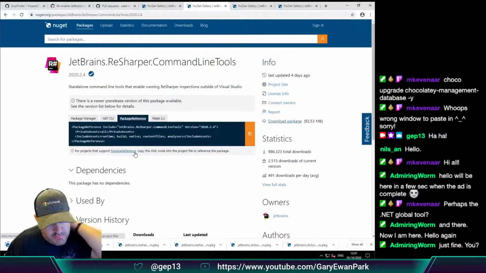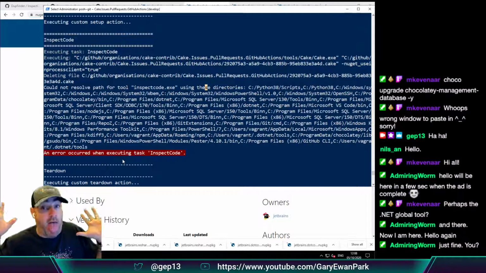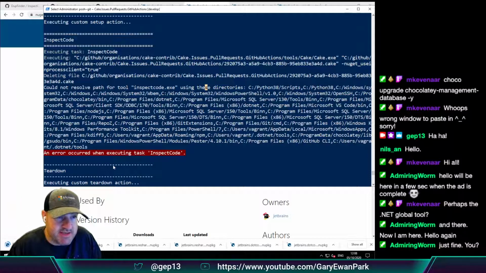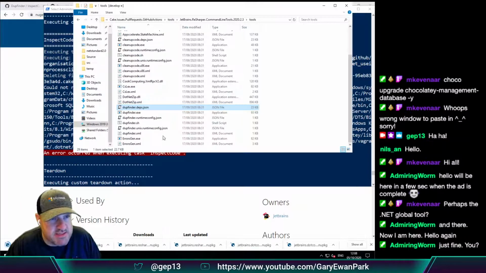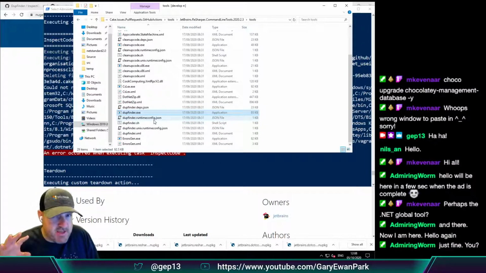So, what I found, Kim, is that you were correct. If I change the script to create the dupe finder folder, then we get to a different error, and that different error is right. But what I was just saying was that if I try and run inspect code, then the inspectcode.exe doesn't exist in the folder. It's not here. So even if we were to figure out what's going on with dupe finder, inspectcode.exe doesn't exist in this package